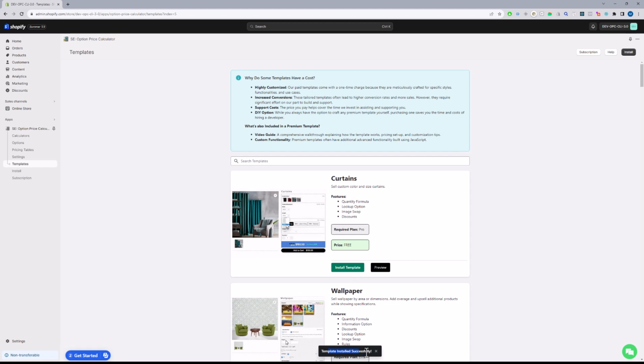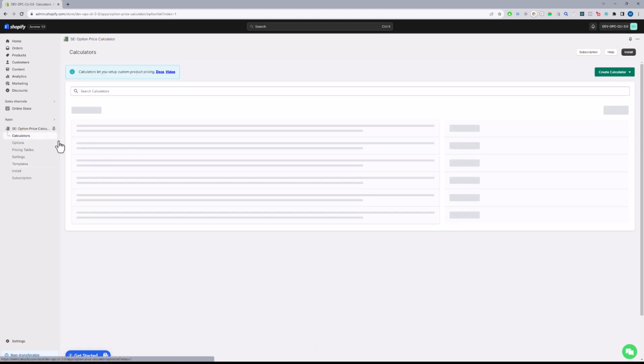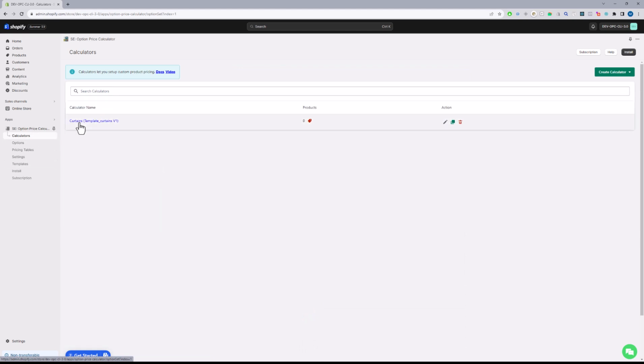Once it's installed, apart from this message, what you want to do is go to the Calculators tab, and you will see it right here. So if you were to install that same calculator multiple times, this would increment. So instead of V1, it would say V2, V3. And that's how you can differentiate all of the options in your application and relate them to a particular template